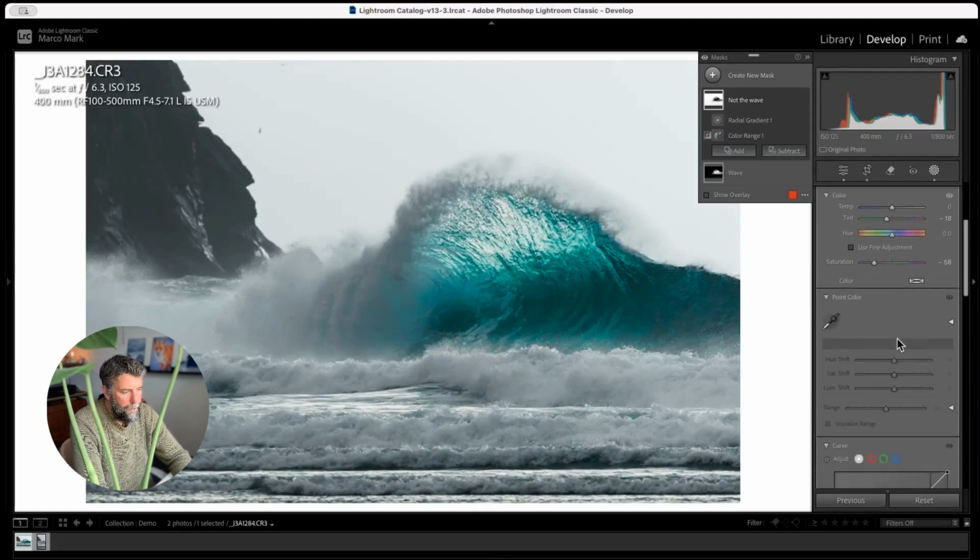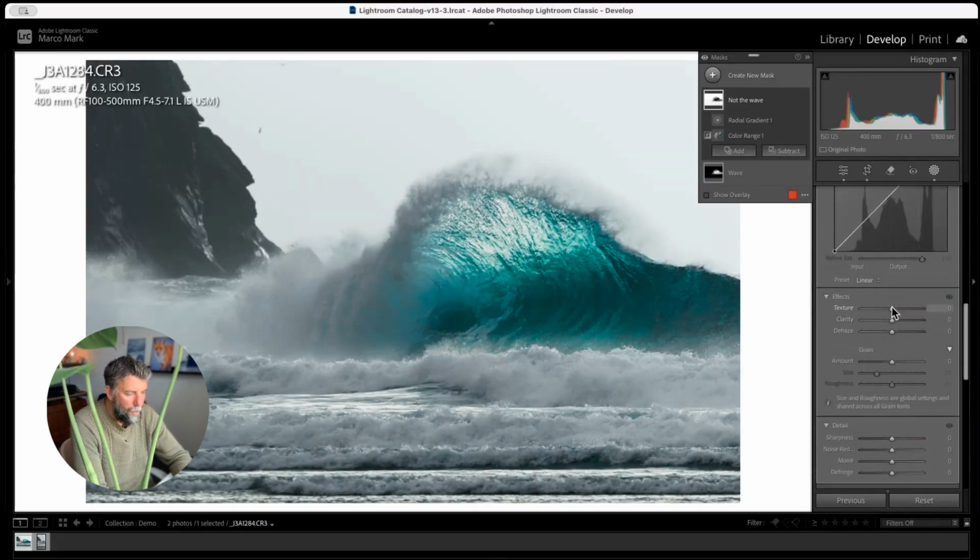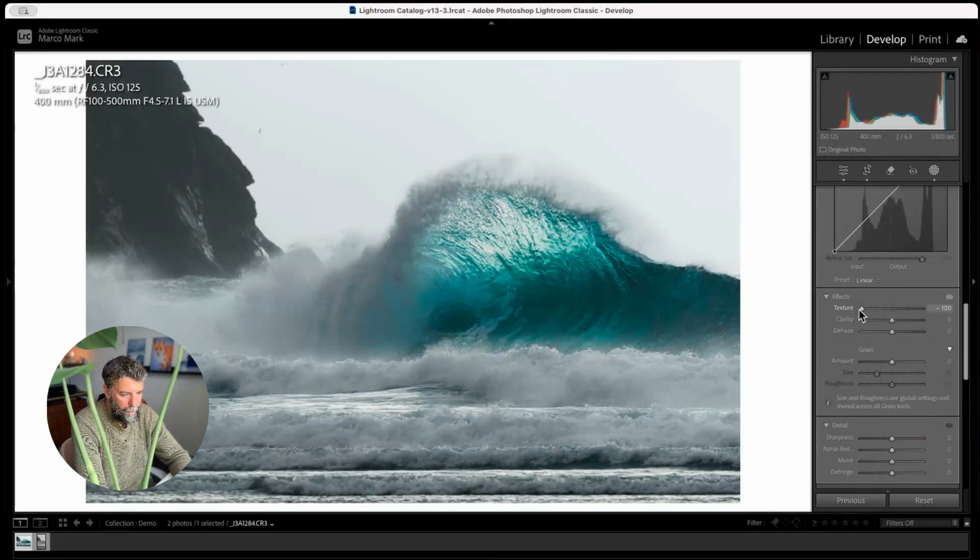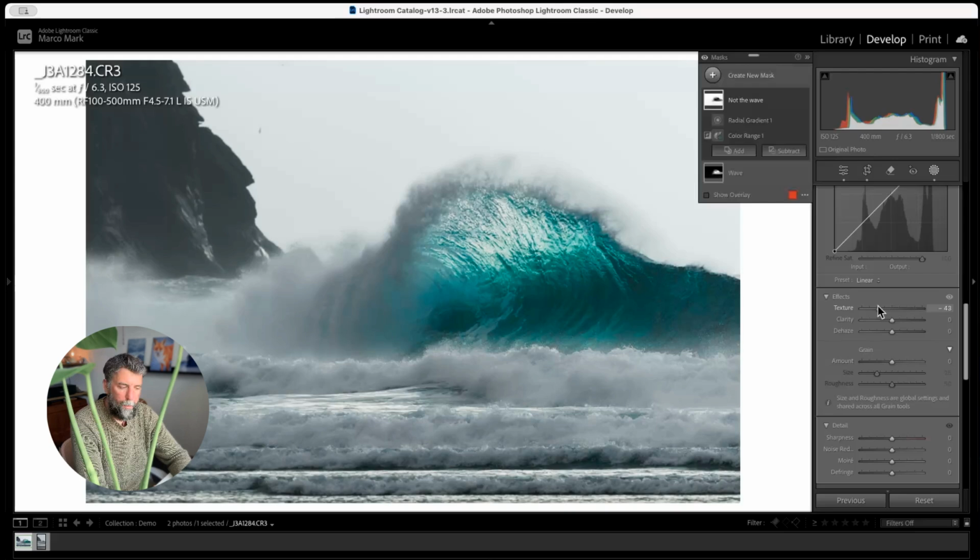And the other thing I like to do is to drop the texture of things around the subject here. See how dropping the texture just feels like it's adding some motion into the white water, creates something that feels a bit more alive.